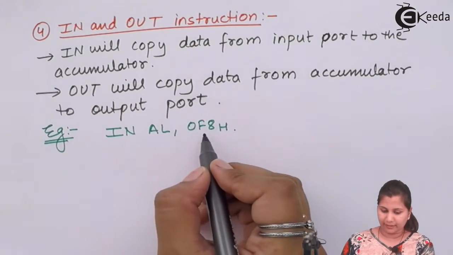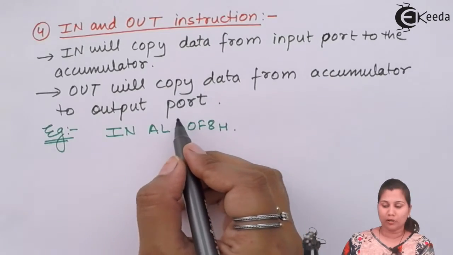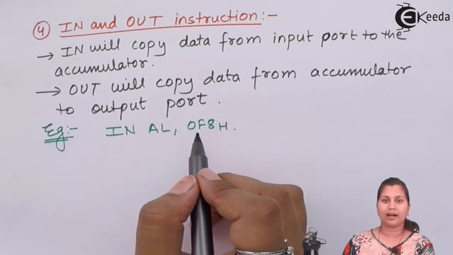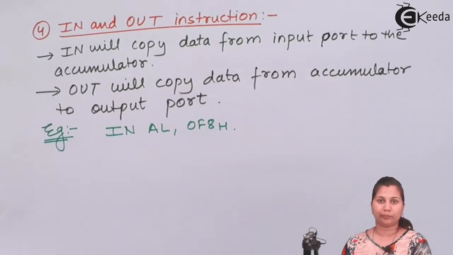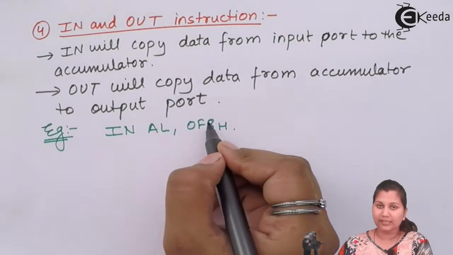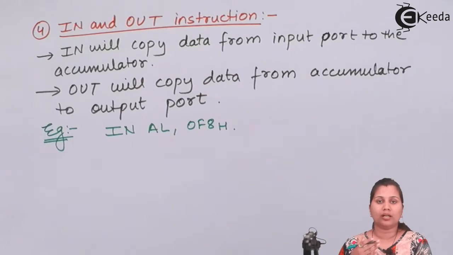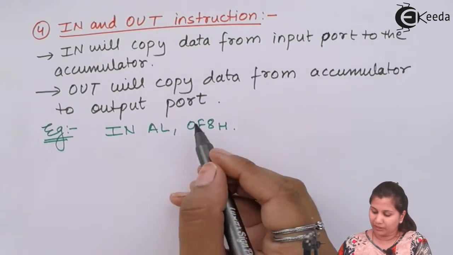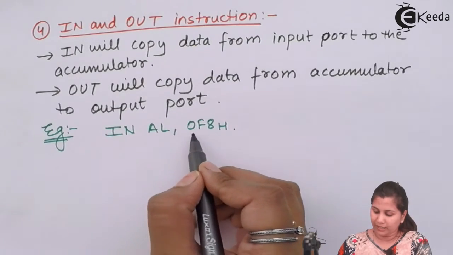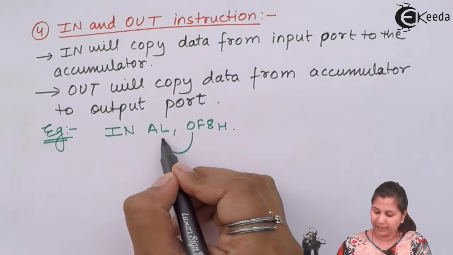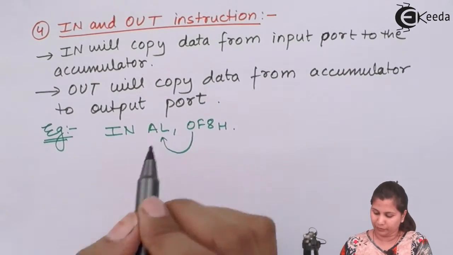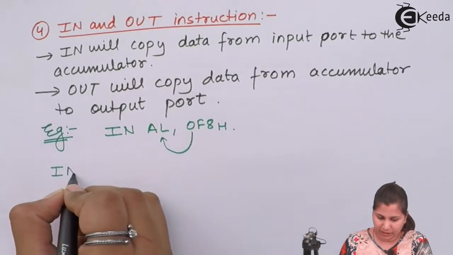So here this data is copied from the port address 0F8, because there are 256 input output ports in case of 8086. So their addresses will be from 000 to FFF. Here we have the address of one of the ports, that is 0F8, and the data which is there at this port will be copied into the AL register. Okay, then we have IN